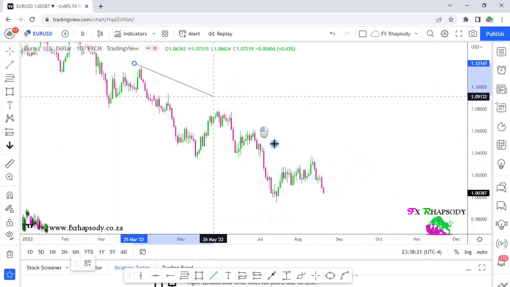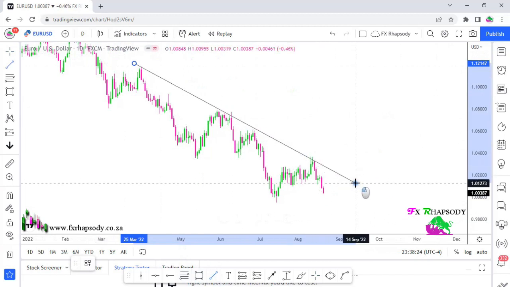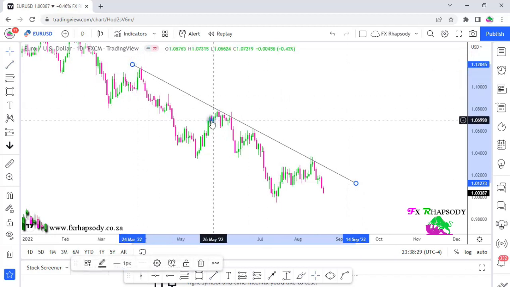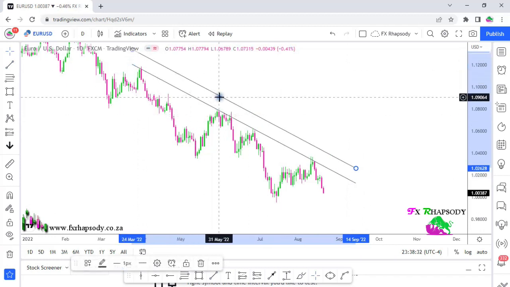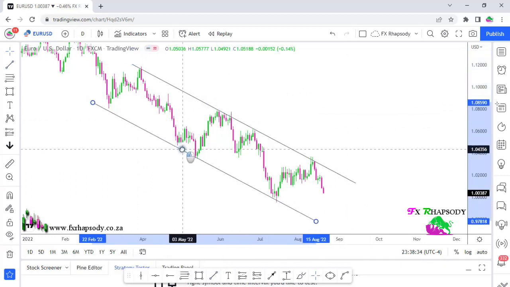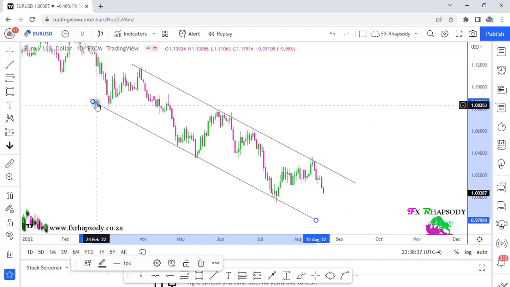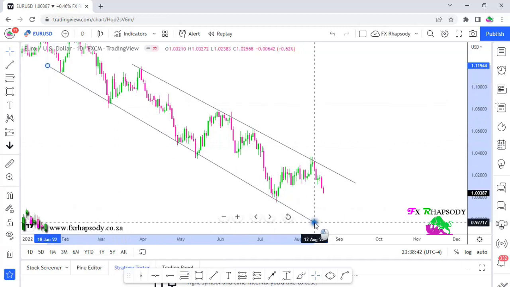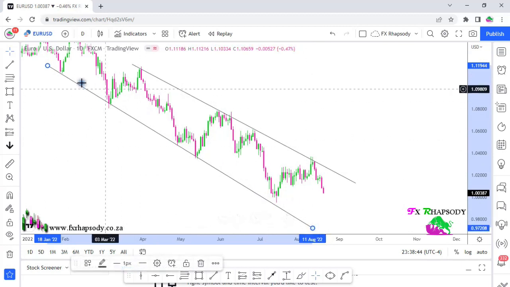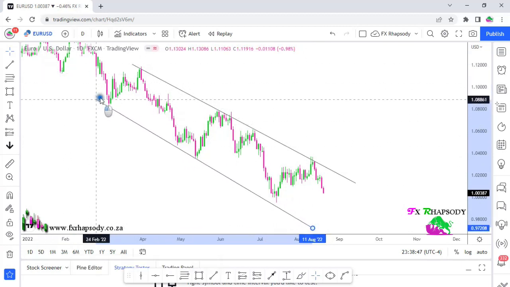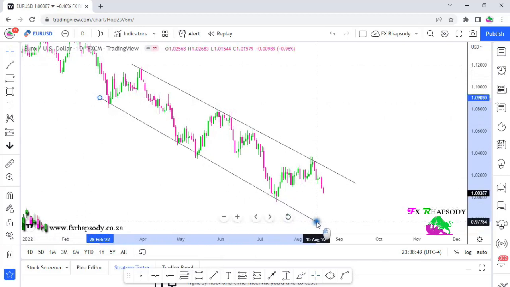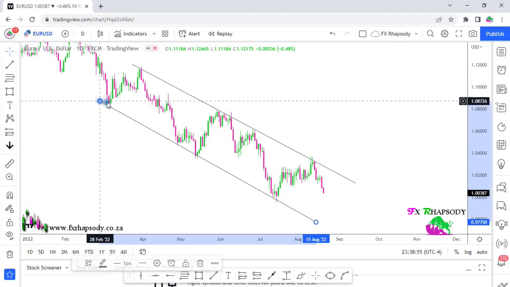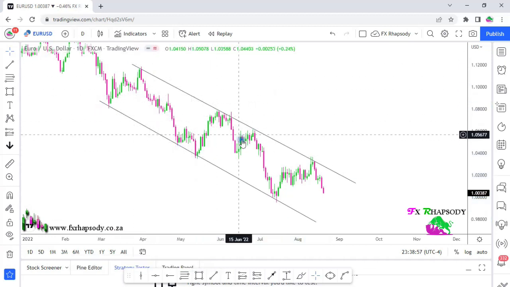that has been happening. So I'm just going to pull a nice little trend line going down. And as you can see, this trend line has been respected a couple of times. Just doing a little clone to that. And as you can see, nice downwards movement all the way from the top here. So I'm just going to draw this in nicer so we can see. Let's start off with this, not go too far. And there. So as we can see, a nice little downtrend happening, respecting these trend lines up and